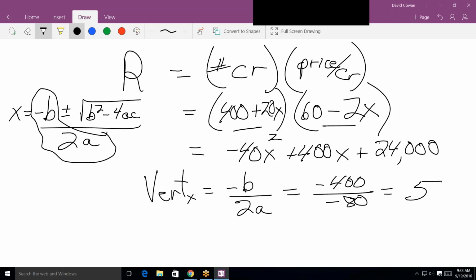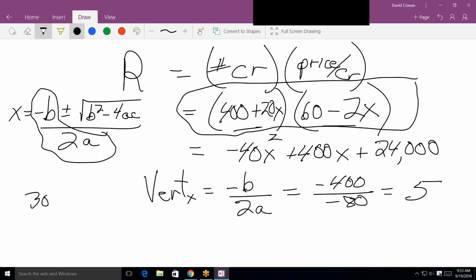So 5 days produces the maximum revenue, and now their next question is going to be, how much is that revenue, right? Right, I was just going to ask that. So now we just need to find the, so where do I put in the 5? Into which equation? Just our starting equation? Probably this one is the easiest math, don't you think? Yeah. I could plug it into the quadratic, but gosh, if I plug it into this one, I get 300